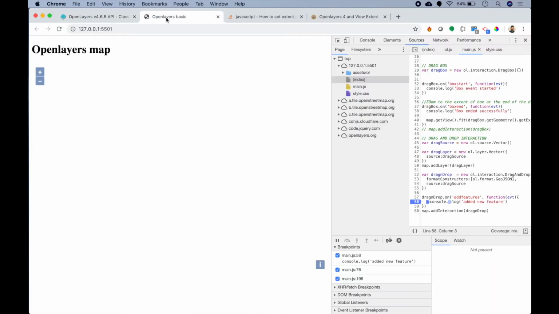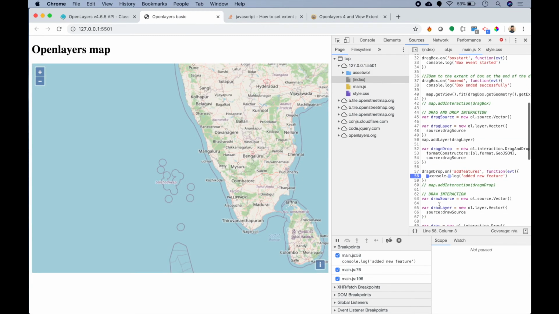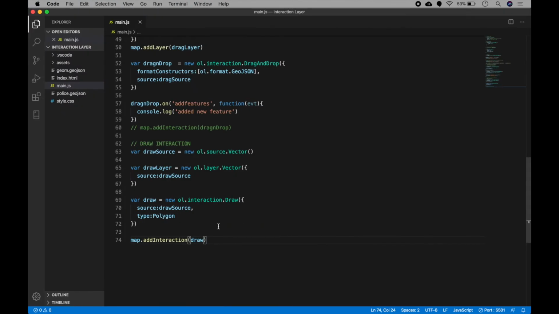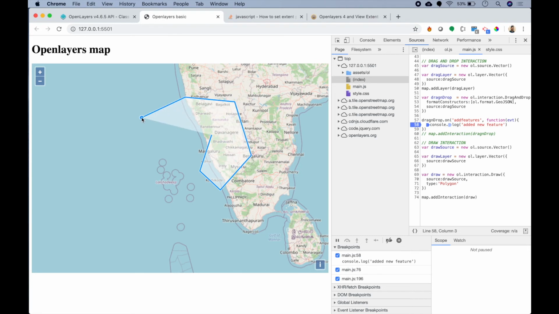Now let's get back to our OpenLayers and see if we have everything that we need. So it looks like this polygon needs to be a string, and there we go. Now if you can notice, I have this point that is following my cursor. So if I just click somewhere, you can see that I am able to draw a polygon on my map. How cool is that, guys? Right? So I can simply double click and it will vanish.